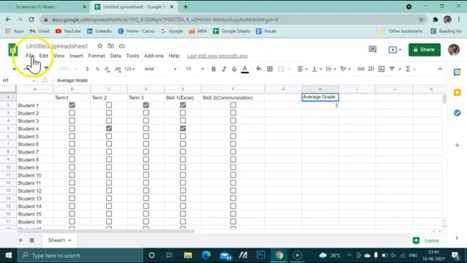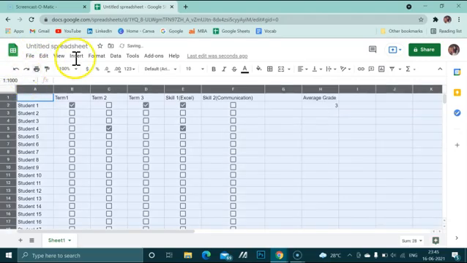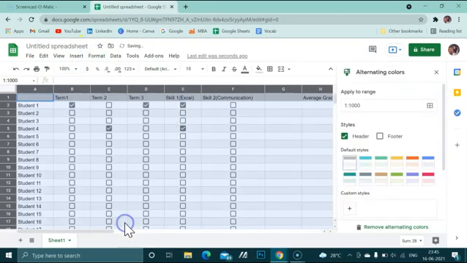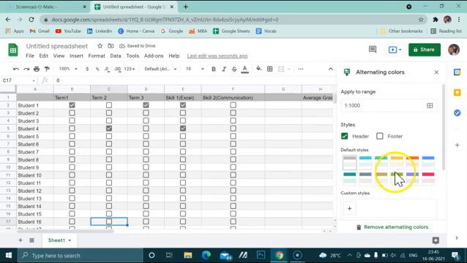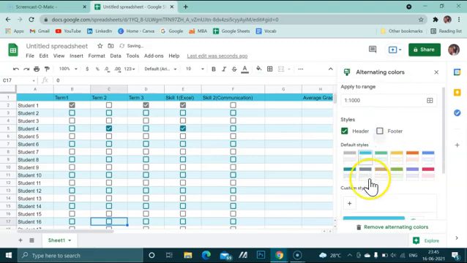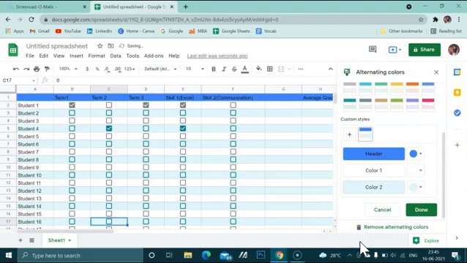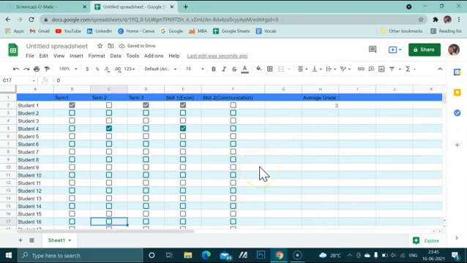Also what you can do is just click here and go to format. After that you can go to alternating colors and do it in a different way, whichever you like. You can set footer, header, and even change the colors. You can set them according to your preference, like first you want to change or whatever it is. So these will be the formatting types that you can do, and we are good to go.